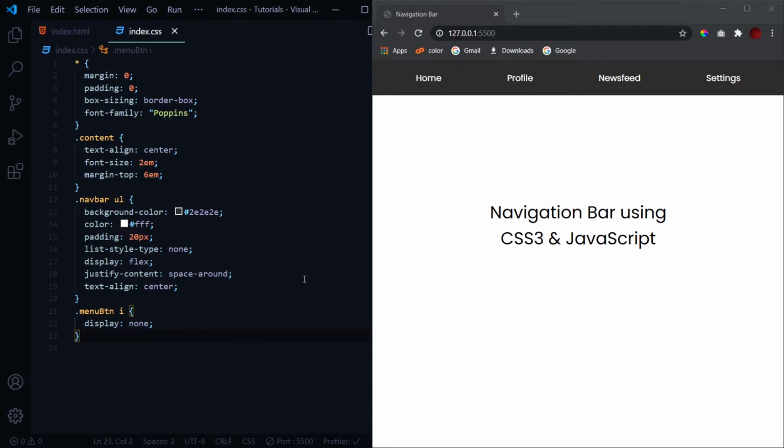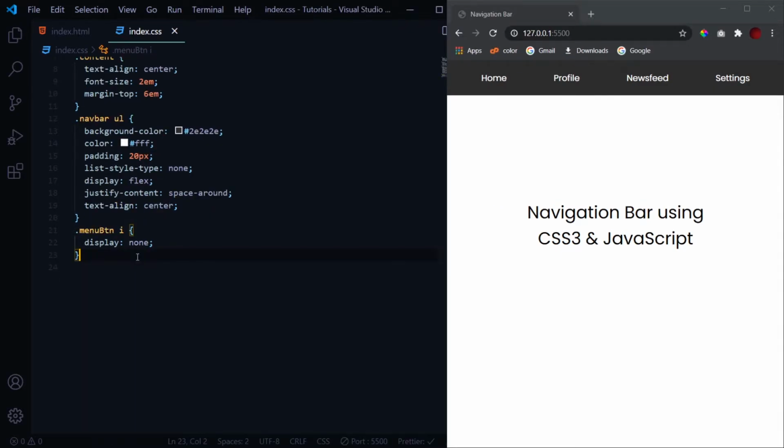Now let's get into designing it for responsive, that is for mobile modes, which will be less than 768 pixels in width. So for responsive designing, what we need is the media queries, media only screen, and the width which we have selected is 768 pixels. So what this will do is the properties which we write inside this media query will only work when the width of the window is less than or equal to 768 pixels. Any width more than this, then the properties won't be applied.